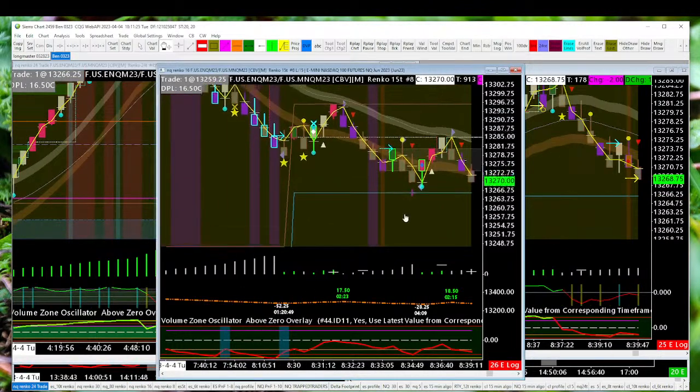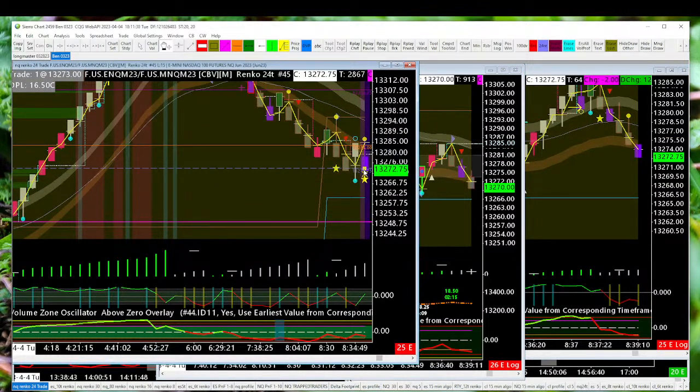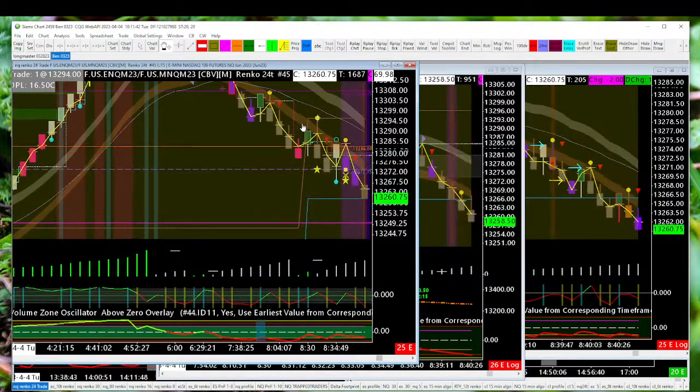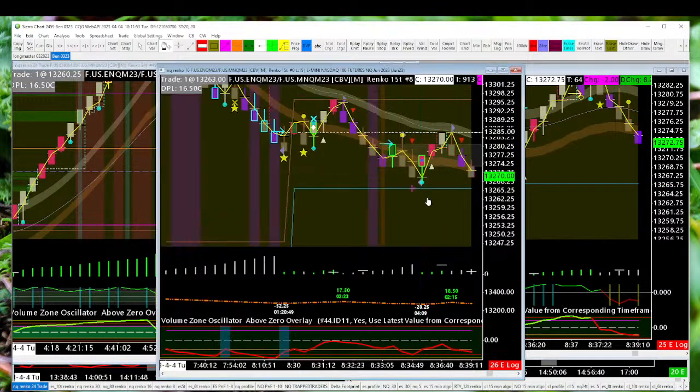Now, sometimes you'll get the setup on a higher time frame like this. So this is a good reason to be aggressive on this bar that had a star, an X, and a box, and a dot. Already, if you thought it was bearish, it's probably going lower. But rather than waiting for the traditional pullback and rejection, you would have had to be aggressive here on the triangle or on the box or the X or the star, whatever you want to say. And the way to know that is that on the smaller time frame,